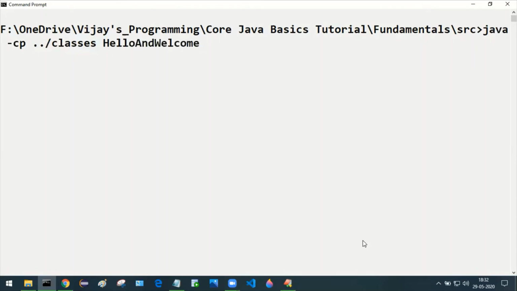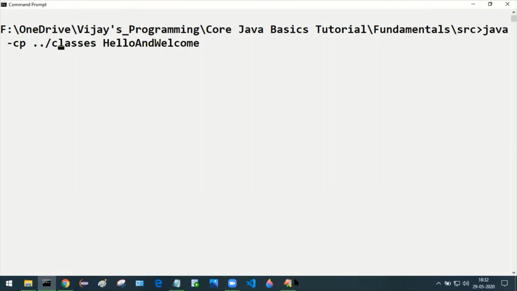This is the name of the class, and you should not give the dot class file extension. You need to be aware of that. You should not give that dot class extension here, just the class name hello and welcome.